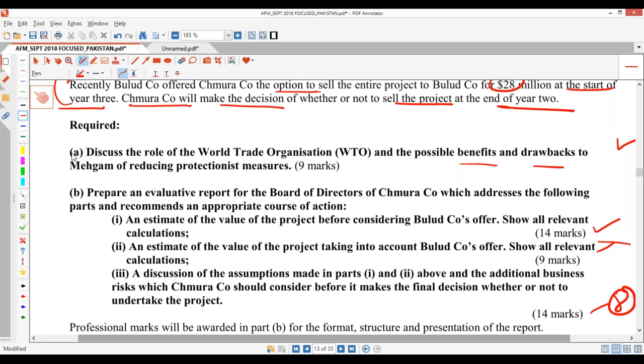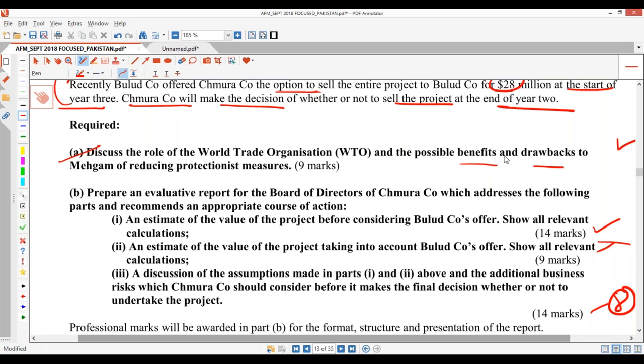So something like that, you have to write for part A. I believe you can get the full marks on this type of question if you really know the theories, full 9 marks. There will be around, I would say, 10 to 15 marks. Yeah, pure textbook advantages and disadvantages. Just get prepared for it, not for this chapter alone, for all other chapters.